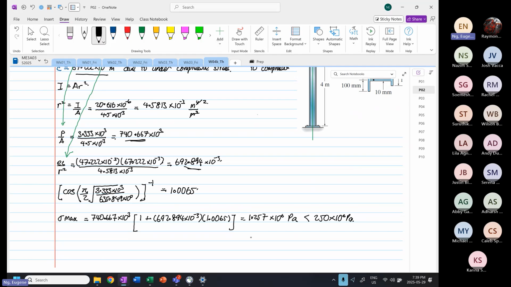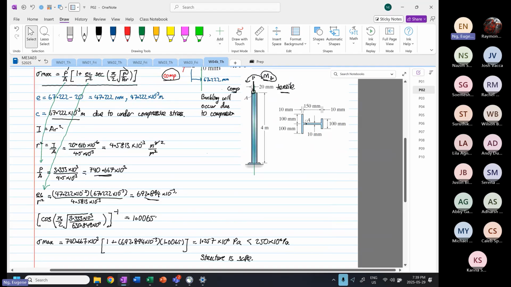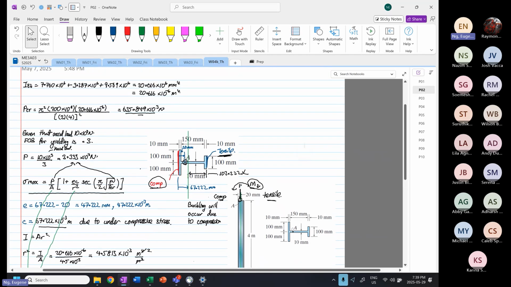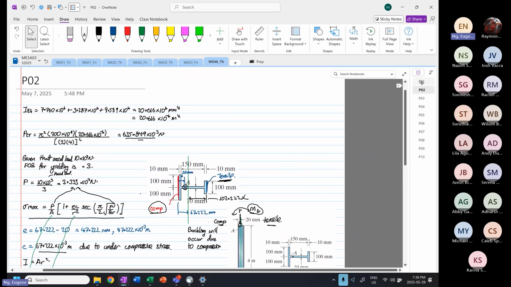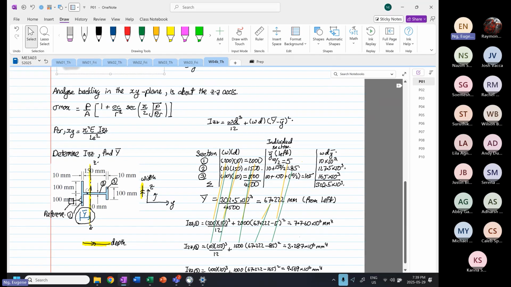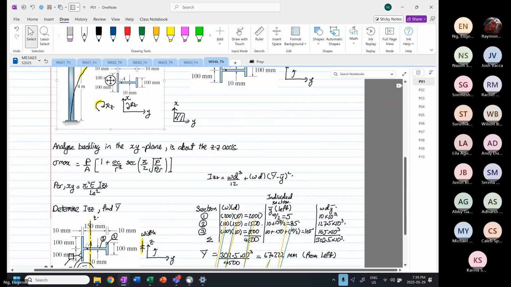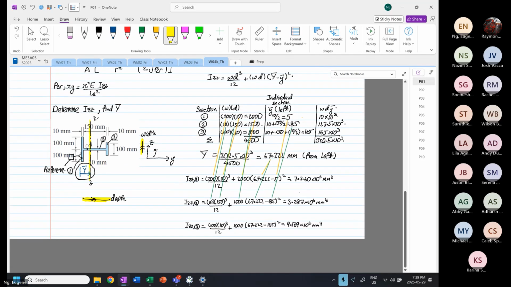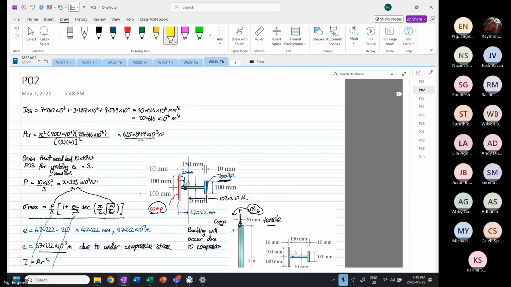So we can say that the structure is safe. Okay. So the unique thing about this question that we have not done before, the first thing is I think this is the first time, not wrong, that you have to find the position of the centroid, okay, and then find the second moment of area, and then